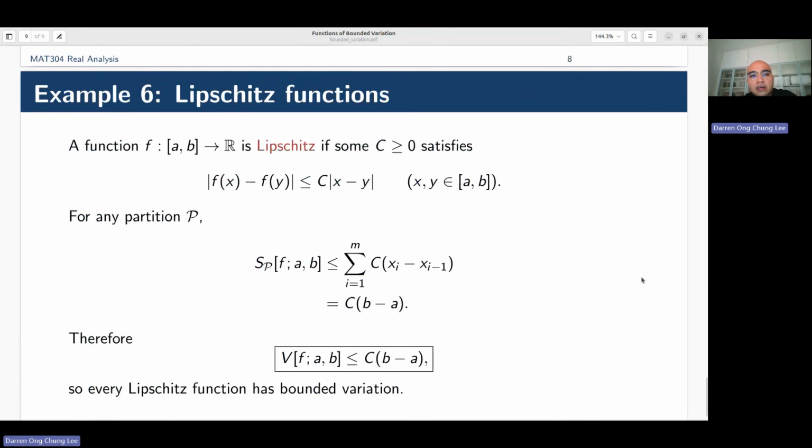Let's go through another example. Okay, this is again a concept that we've learned in our analysis class, that of a Lipschitz function. A function f is Lipschitz if there is a constant c, known as the Lipschitz constant, so that the distance between f(x) minus f(y) is less than or equal to c times the distance between x minus y for any x, y in your domain interval. So this means that for any partition P, if you pick any partition, then when you calculate this variation sum, it's going to be less than or equal to c times the distance of